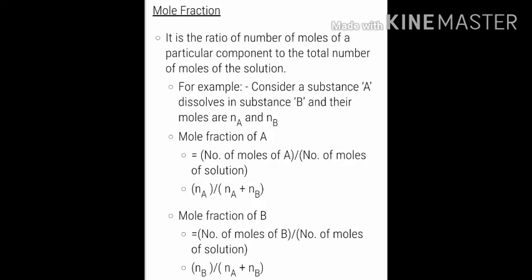Now, when we talk about mole fraction, the mole fraction of the solute A is calculated by the number of moles of A and the total number of moles, that is Na upon Na plus Nb. And the mole fraction of B is calculated as Nb upon Na plus Nb. Children, the mole fraction of any solution always comes equal to 1. That means Xa, the mole fraction of solute, and Xb, the mole fraction of solvent, so Xa plus Xb always equals 1. So if you have the mole fraction of either one, you can calculate the other: Xa is equal to 1 minus Xb, or Xb is equal to 1 minus Xa. So that is about the mole fraction.